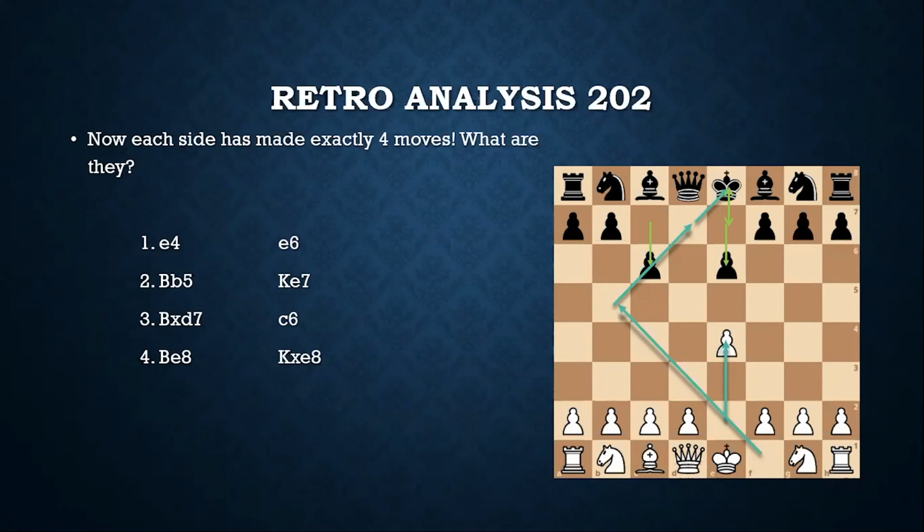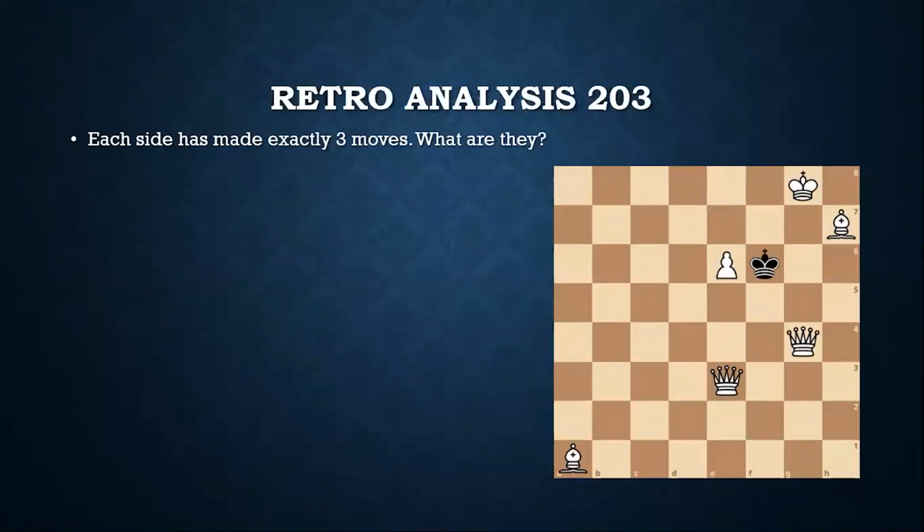Now I'm just going to skim through a few puzzles which are of intermediate or harder difficulty, and the links to all of them are given in my slides and also on that page I've shared, so you can give them a try. But the principles are the same as what we mentioned before. Starting with something relatively simple: again, here both sides have played 3 moves. Not hard to see that something like a knight could be involved here, but again I'm not going to reveal the details. It's pretty interesting to see.